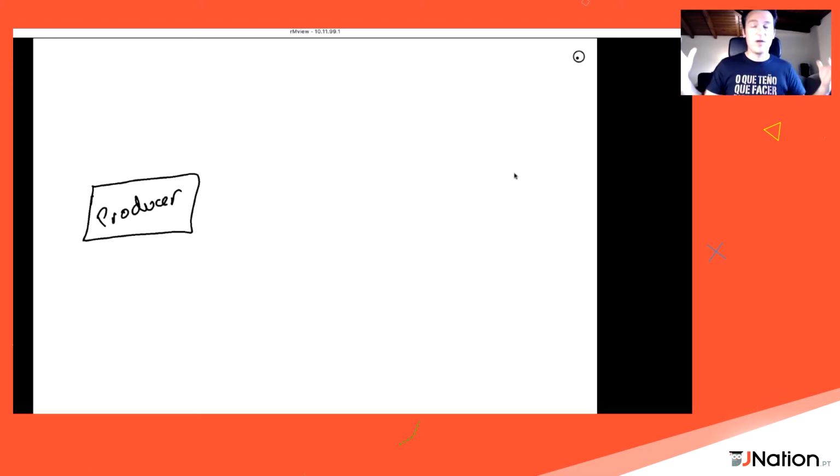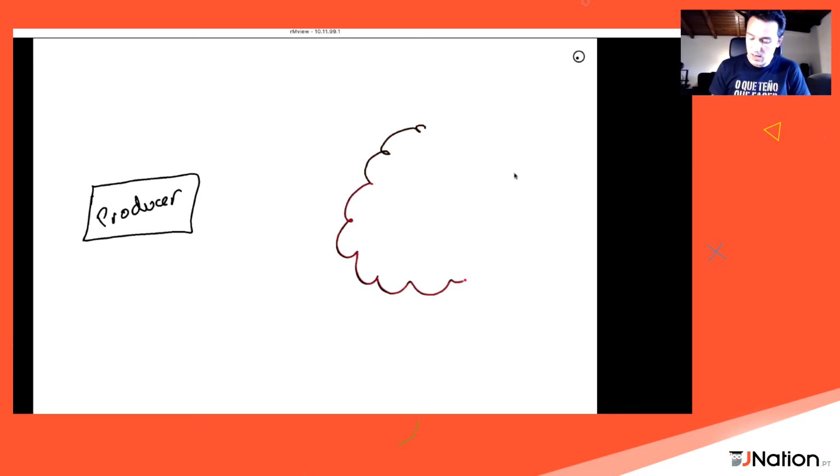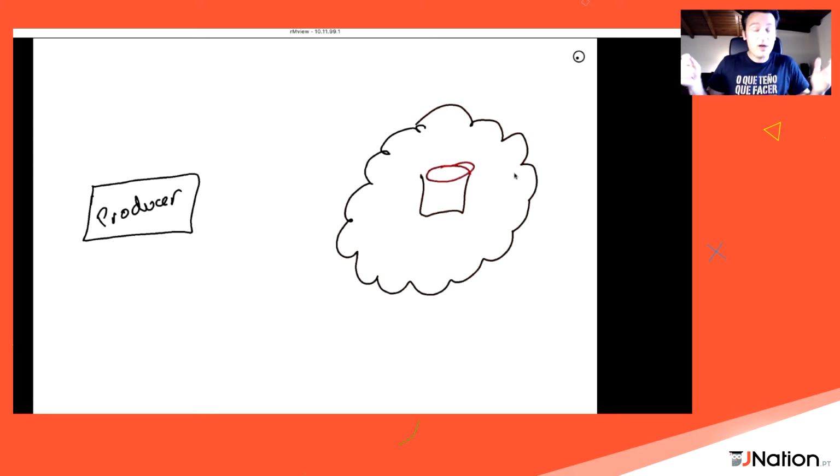So think of any application generating data. What we want to do is to move that data to the cloud. That may be any cloud and any storage in the cloud. So maybe it's a database, maybe it's an object storage. Things like BigQuery or Snowflake or AWS S3, it doesn't matter, okay?